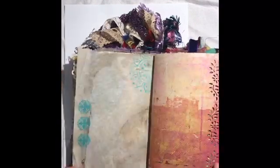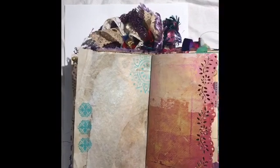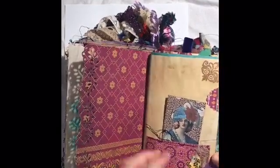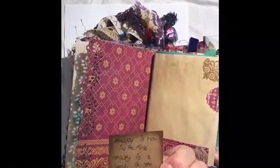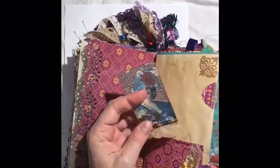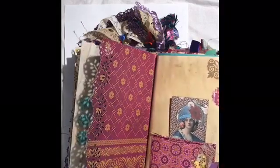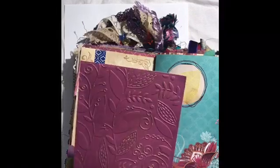Baking paper, stamped baking paper, and this is the Bombay Sunset range of paper, which I really love. Once again, it's so pretty, you almost don't want to cover it up. And stamped. There's a little tuck here. Beauty is not in the face, beauty is a light in the heart. A little bit of brown. I'll put that back, and a little cheesecloth and a little embellishment there. Just an embossed card